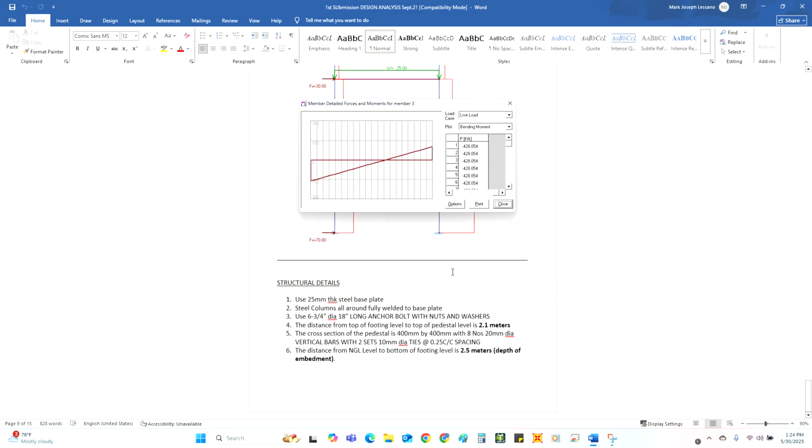Number one, we will use 25 mm thick base plate, steel columns all around fully welded to base plate. Use 6 3/4 inch diameter, 18-inch long anchor bolts with nuts and washers. The distance from the top of footing level to top of pedestal level is 2.1 meters. The cross section of the pedestal is 400 mm by 400 mm with 8 numbers 20 mm diameter vertical bars